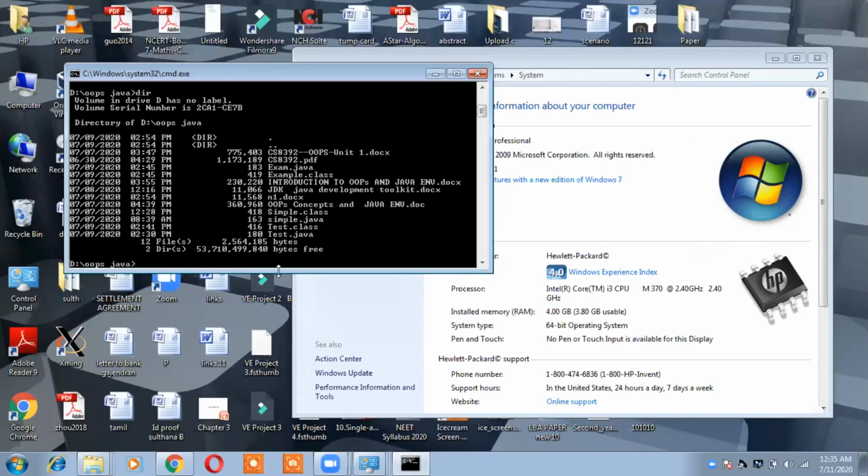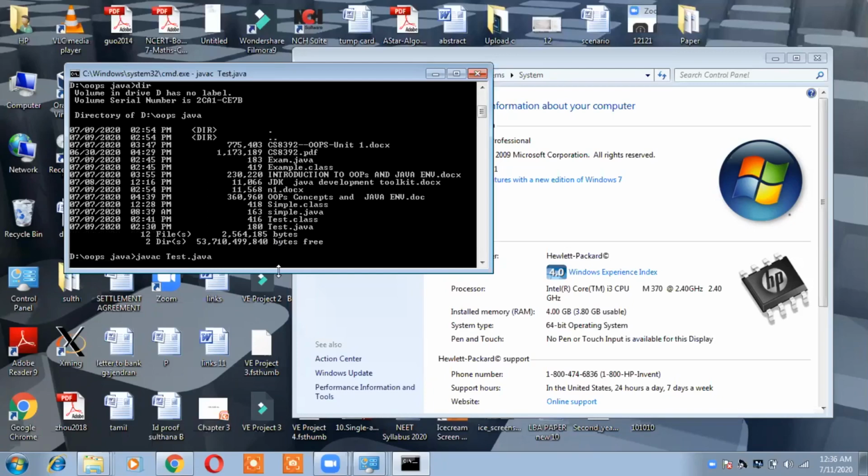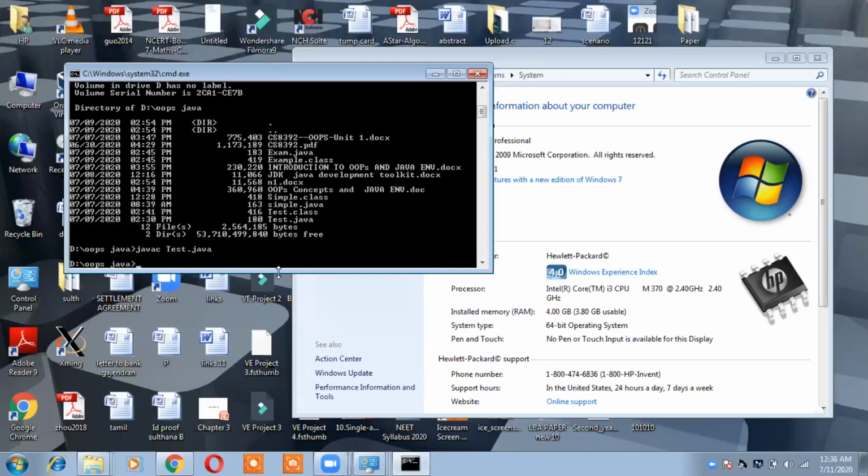If I want to compile this Java file test.java, I can make use of the compiler called javac. javac is a compiler which is going to convert my Java file, that is test.java, into its corresponding bytecode. If there is no error in your file, it will not display any error.